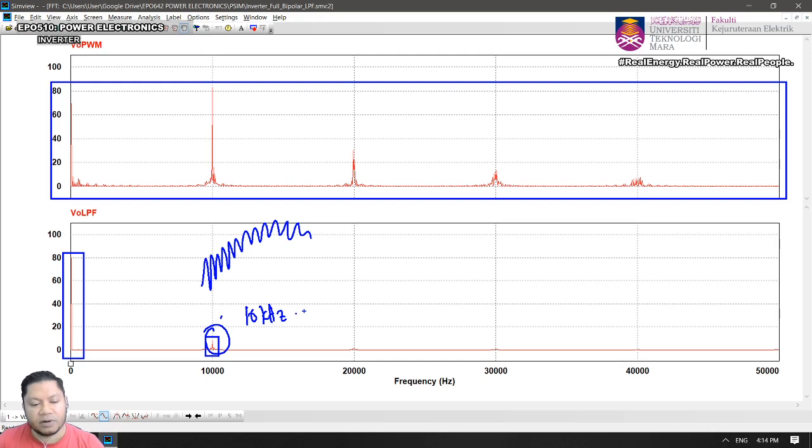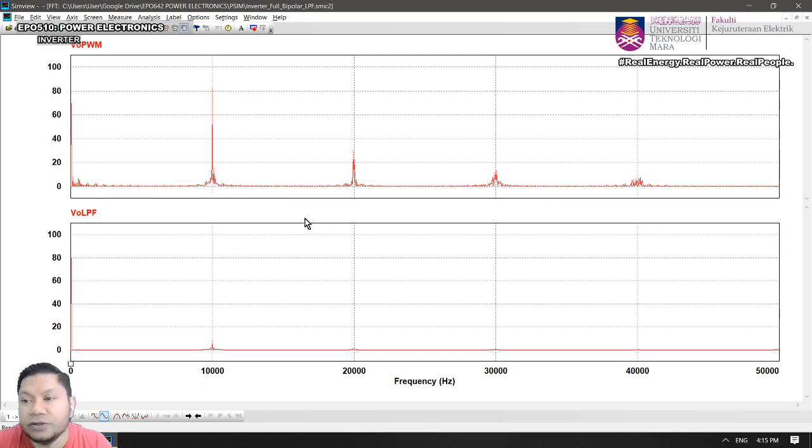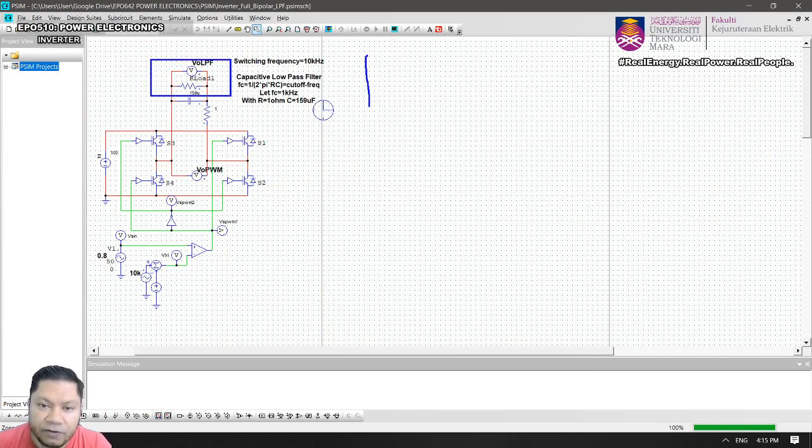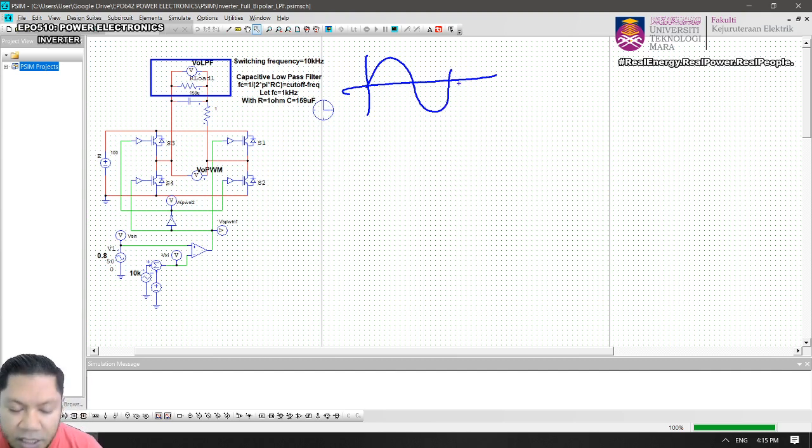Okay, right? So this is how you can use the low pass filter to remove the PWM waveform, and therefore your load now will see a very nice sinusoidal waveform, right? Because our target is to get the AC sinusoidal output, isn't it? All right, that's on